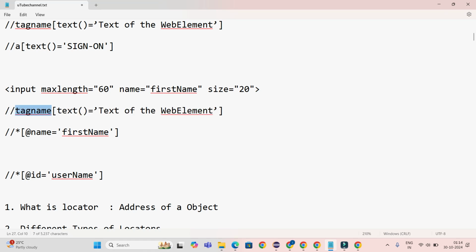Tag name, attribute, at the rate, attribute, and you need to put the attribute value. Attribute value. So tag name input, you can put it here. Input. Tag name is input and attribute is name, at the rate name, and what is the value of this attribute name? First name. Paste. Now you copy this one